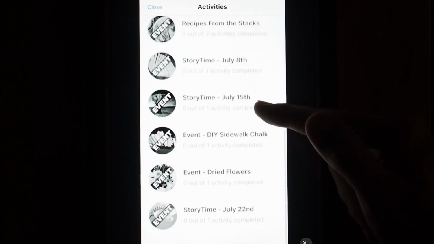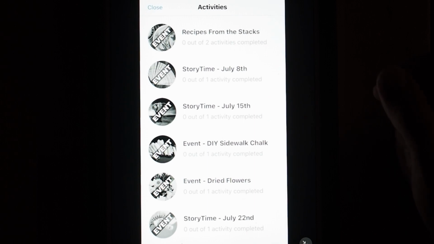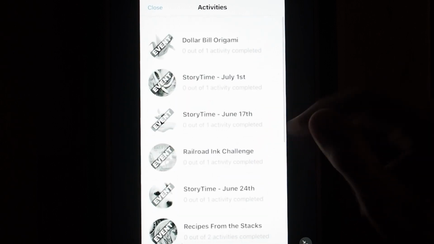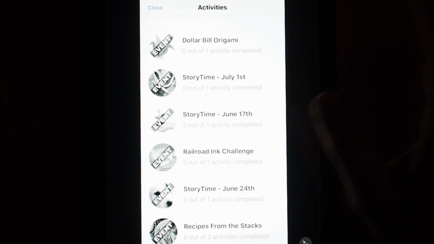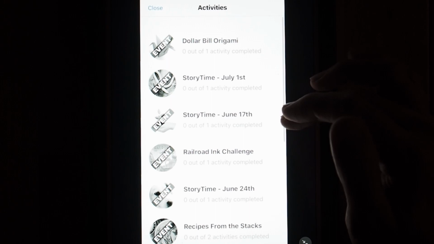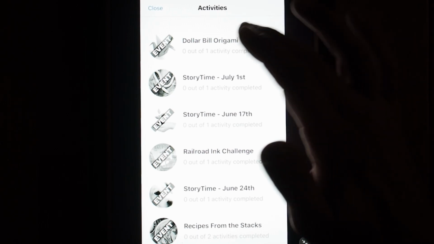Most of this is either going to be our story time events. We have our outdoor story time and the virtual versions of that, and then we have a lot of online video activities that we're doing, cooking programs, craft programs, things like that. When you tap on one of these activities, after you've watched the video or while you're watching the video that goes along with it,